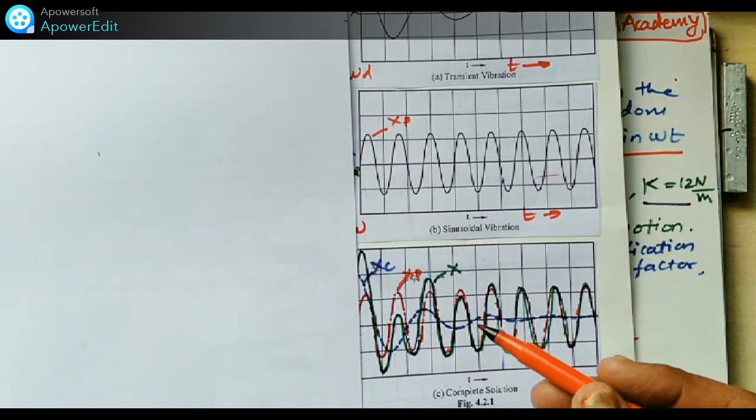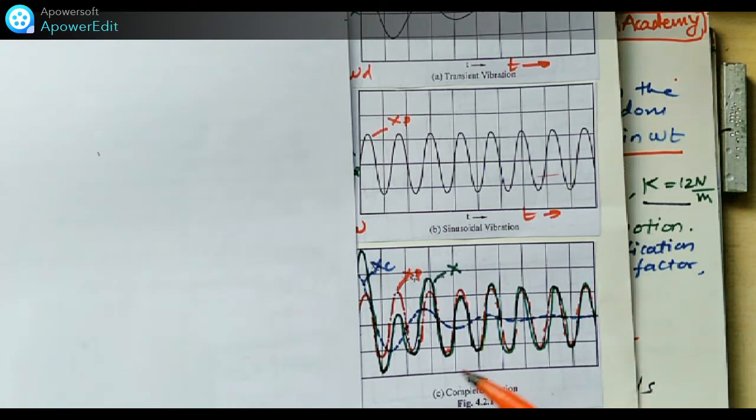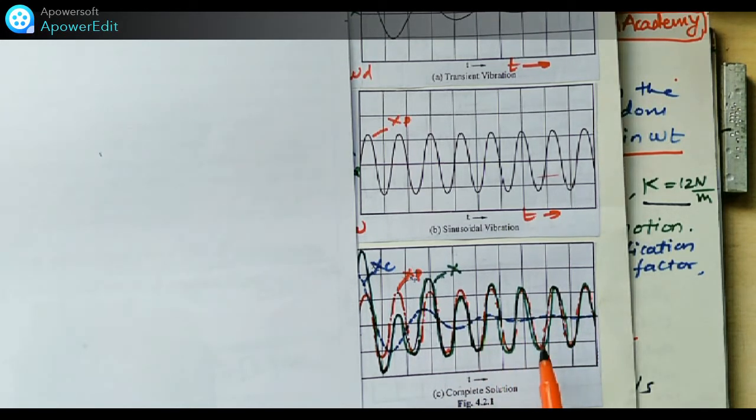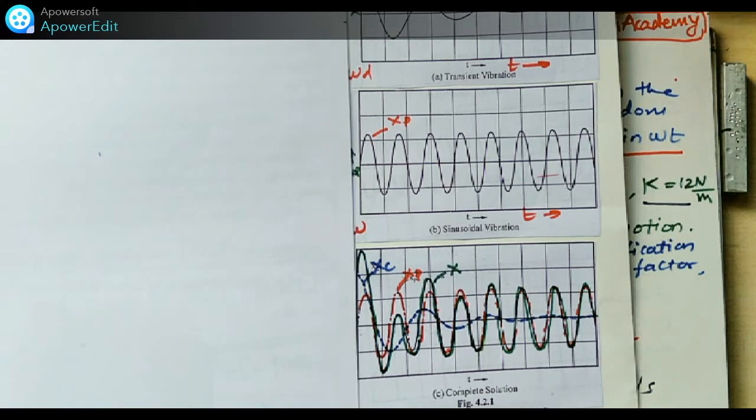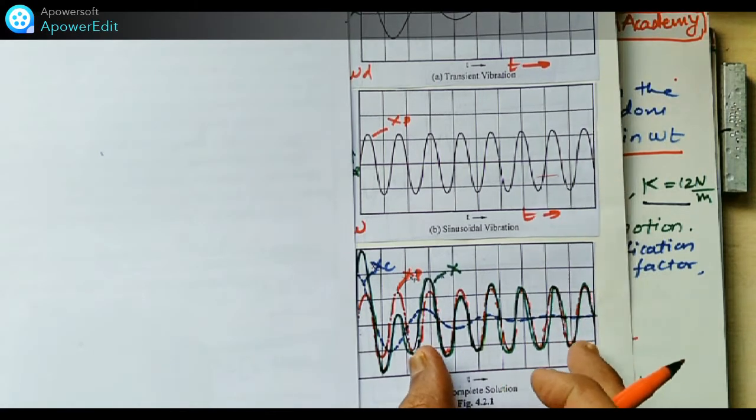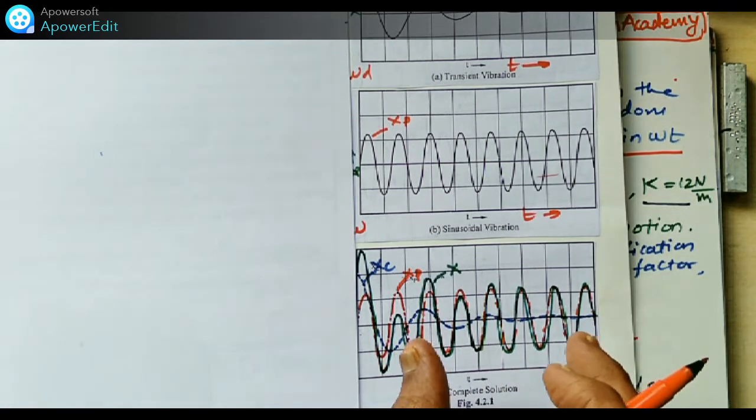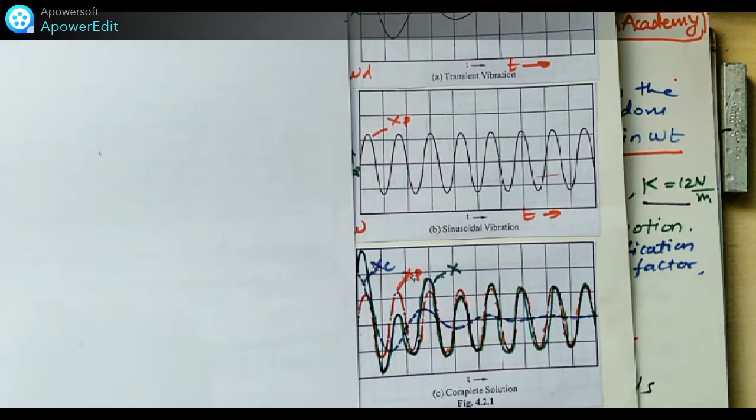So only the steady state part is left living. Thus the steady state vibrations are of much significance. From here onwards we will focus more on the steady state part in the remaining videos. So friends, we will watch in the magnification factor video, which is related to the total complete solution with a graphical presentation.